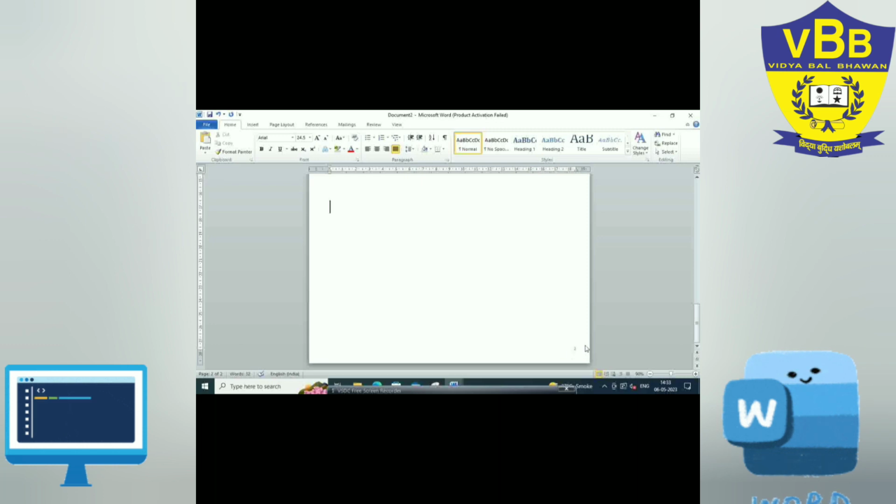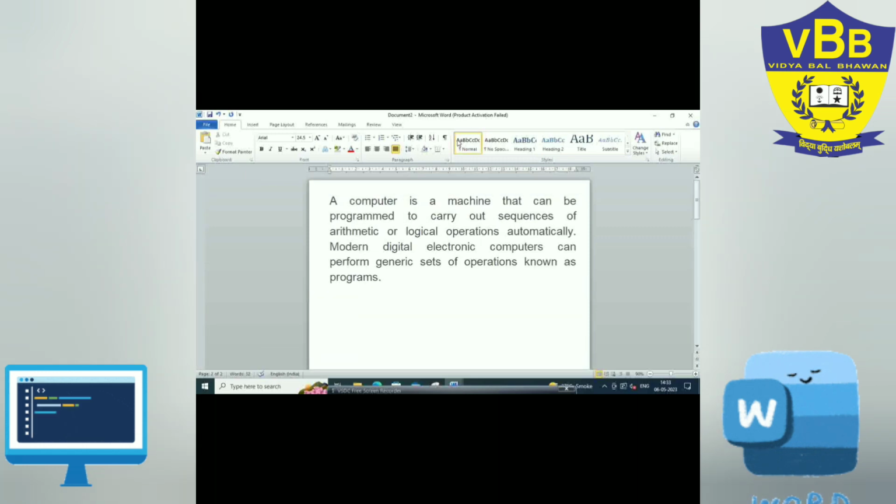Applying border and shading. There are two ways to apply the border. One way is to apply the border surrounding the paragraph, or you can apply the border on a whole page as well. To add a border surrounding the paragraph, you can choose the paragraph where you want to add the border. After that, suppose I want to add the border in the first two lines, I will select that.